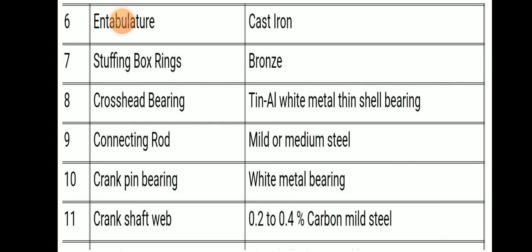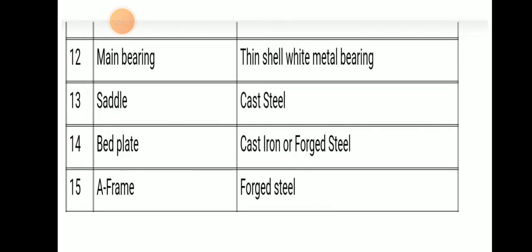So entablature we use cast iron, stuffing box rings we use bronze, crosshead bearing we use tin-aluminium white metal thin shell bearing, connecting rod we use mild or medium steel, crankpin bearing we use white metal bearing, crankshaft web we use 0.2 to 0.4% carbon mild steel. Main bearing we use thin shell white metal bearing, saddle we use cast steel, bed plate we use cast iron or forged steel,